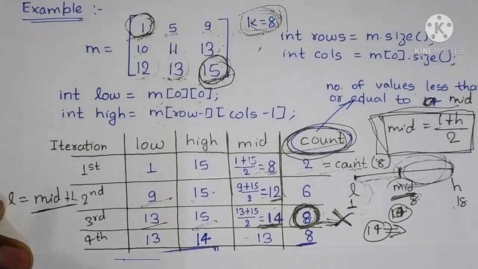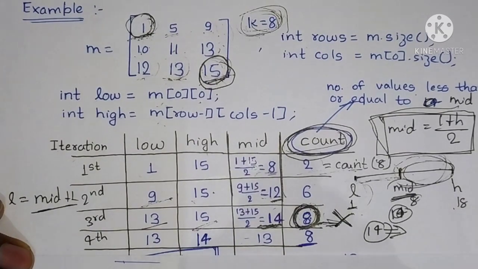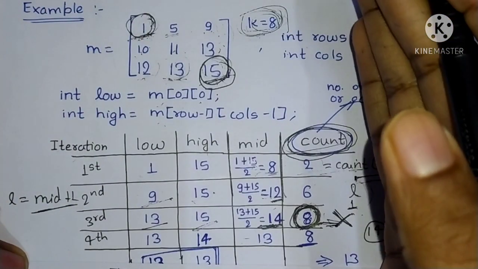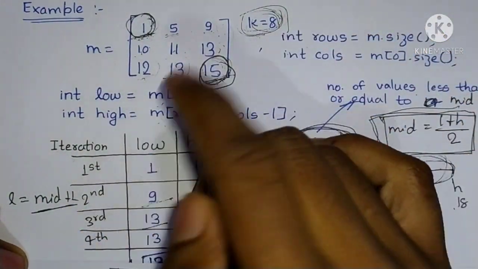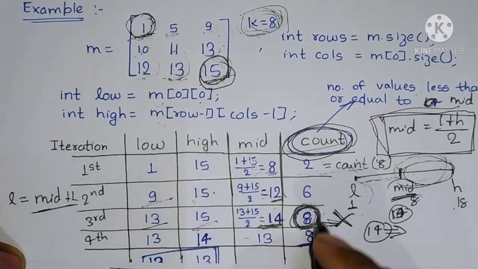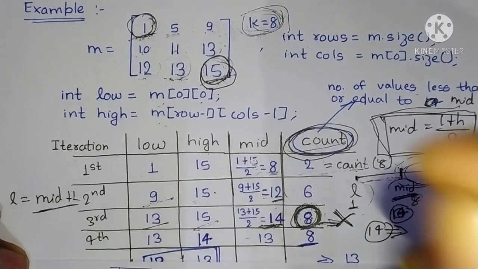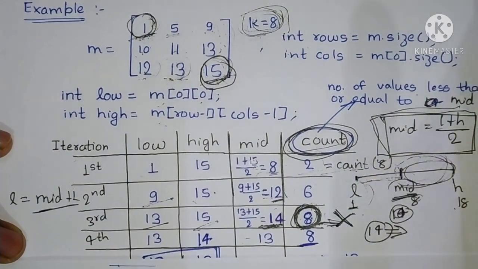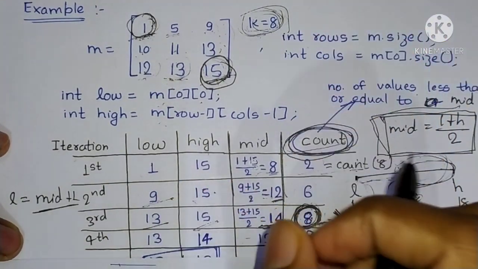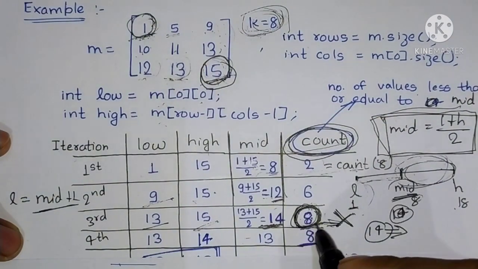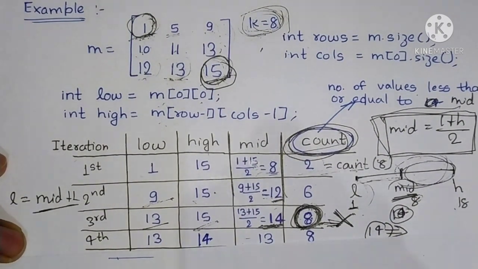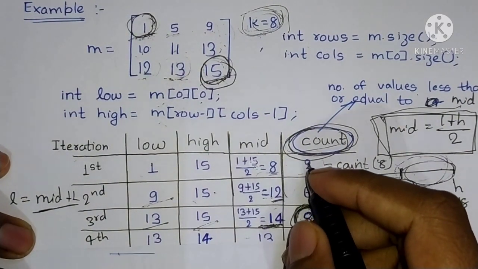To deal with this case, you need to think a bit. If 14 is the number that we want, then any number less than 14 will not give this count equal to 8, because 14 must be present at least once, and if 14 is present at least once, the count of any number less than 14 should be less than 8, right? So if 14 is our correct answer, then the count of any number less than 14 will be less than 8. This is the reasoning.